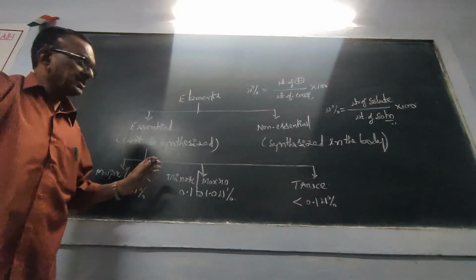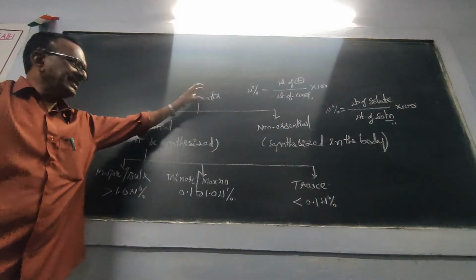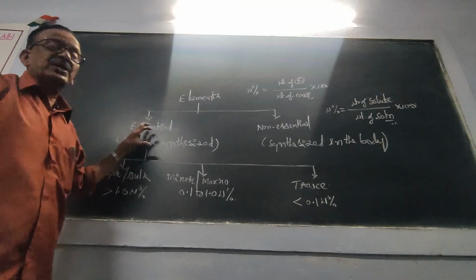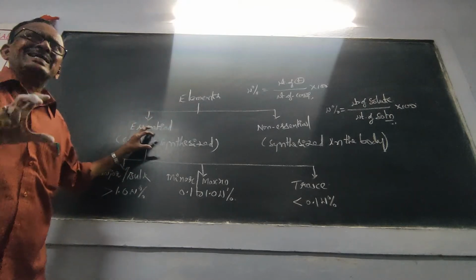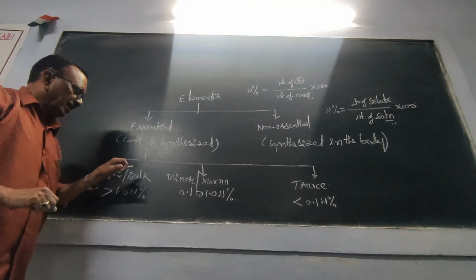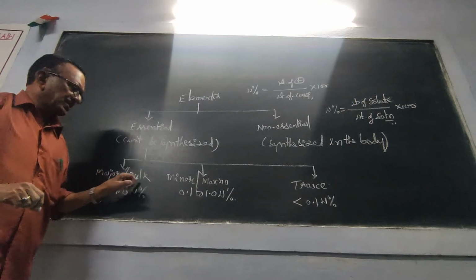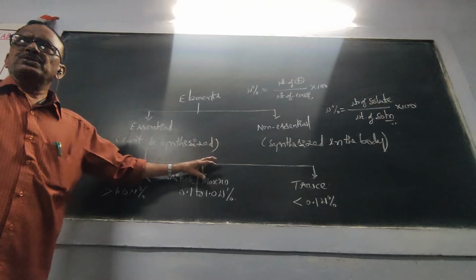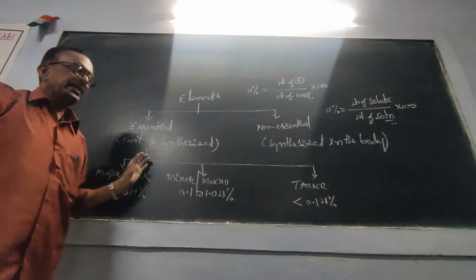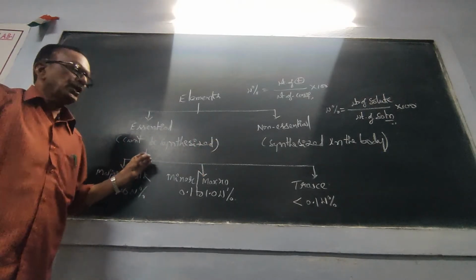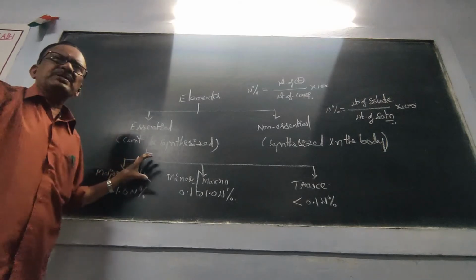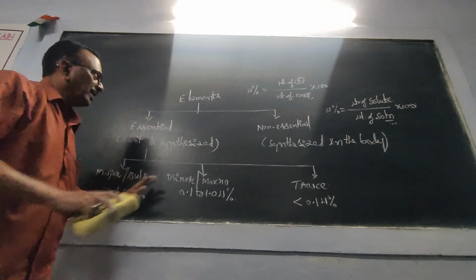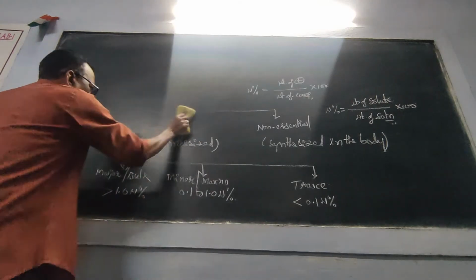So like this, based on the weight percent, the essential elements are classified into three categories: the bulk elements, then macro elements, and the last one, trace elements. And you can go through the elements. I have already given the notes. You just check which elements fall under which category. Then I will go to the next aspect,